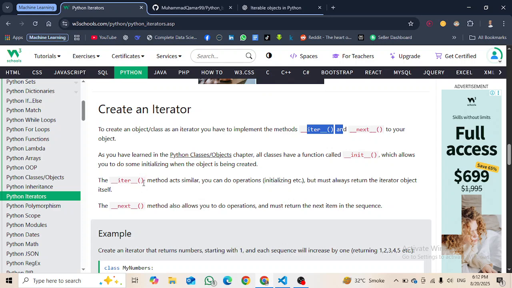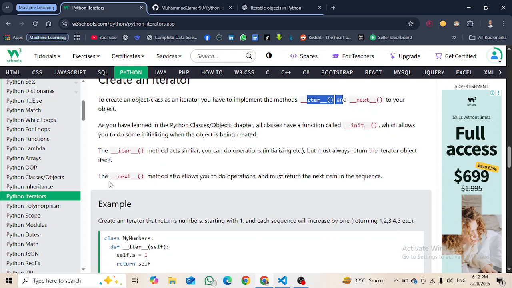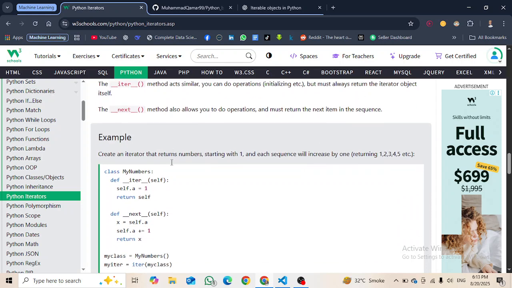The __iter__ method acts similar. You can do operations, initializing, etc., but must return the iterator object itself. The __next__ method also allows you to do operations and must return the next item in the sequence.